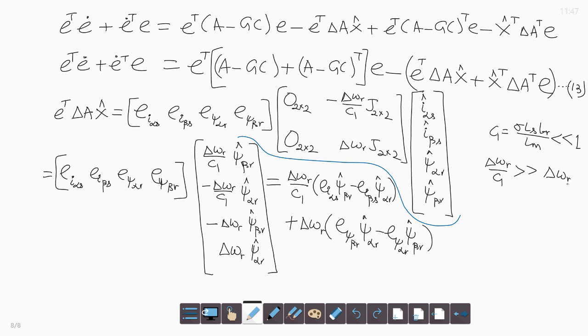In the last equation we have the terms delta omega r by C1 in the first term, and in the second term delta omega r and its coefficient. So, because delta omega r is very small compared to delta omega r by C1, we neglect